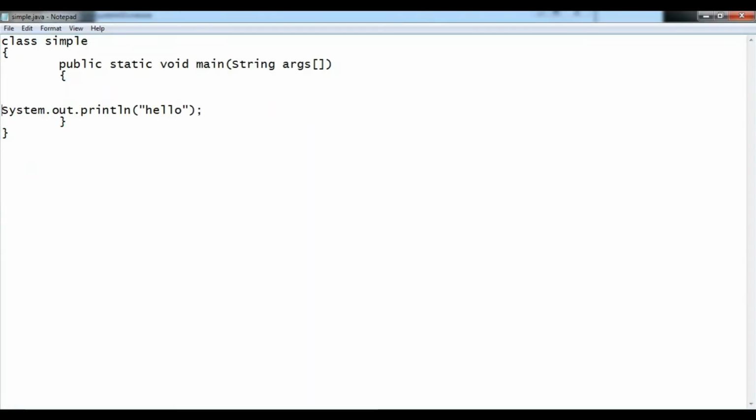Now to define a variable, the simple example is data type name, suppose take an integer, variable name, let's take a, is equal to value, let's take 50. Now we can say that we have defined a data type that is int, variable that is a, and value as 50. Now to print this variable as output, we have to use System.out.println. To print the value of a, we can write directly a.